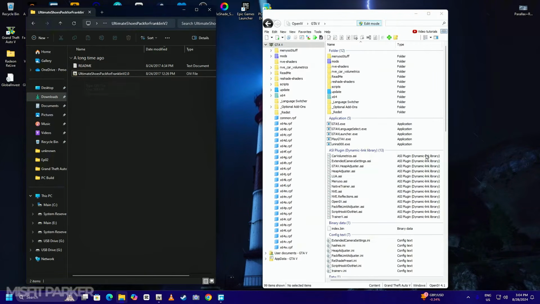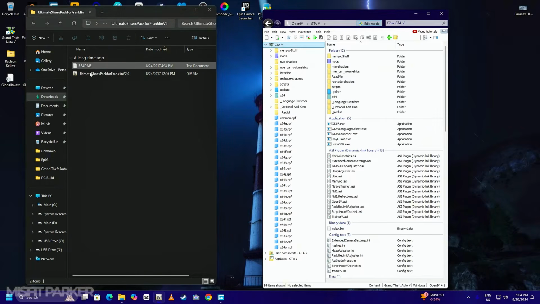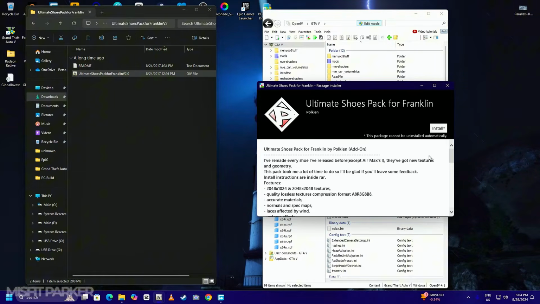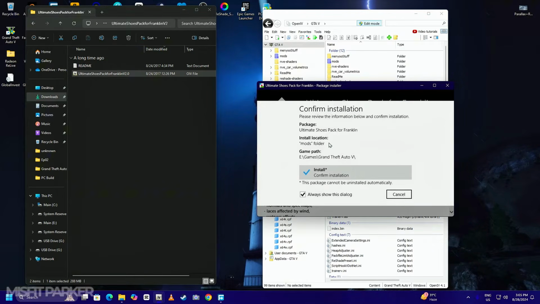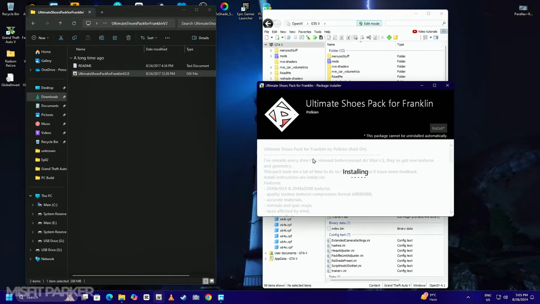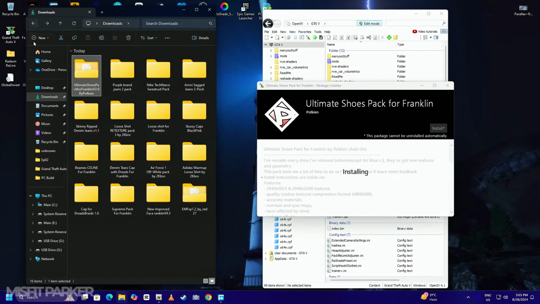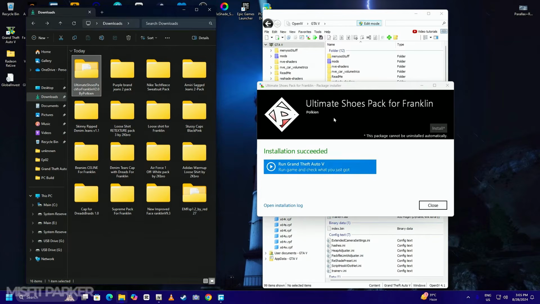So for safety, if OpenIV is already open, I just drag this over here. Install always in the mods folder, guys. This is why we create a mods folder. You can just delete this folder and start again. You don't have to install your game again. So click install and just wait for it. While we wait for that, we can go back and we can start. We will obviously install them by order, and yeah,